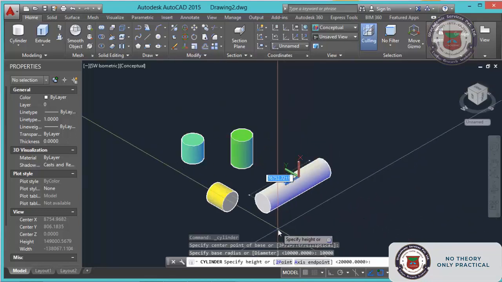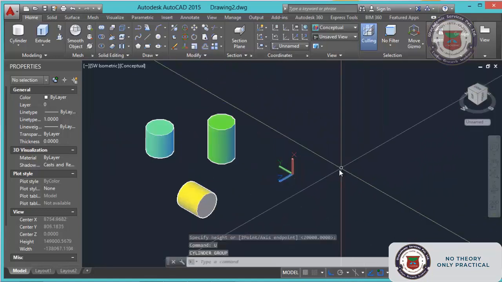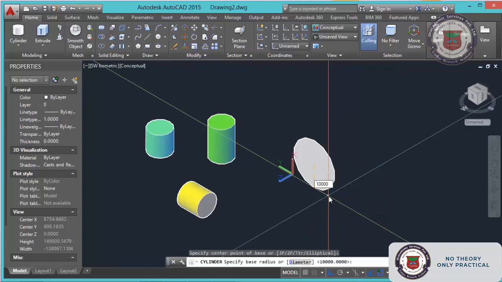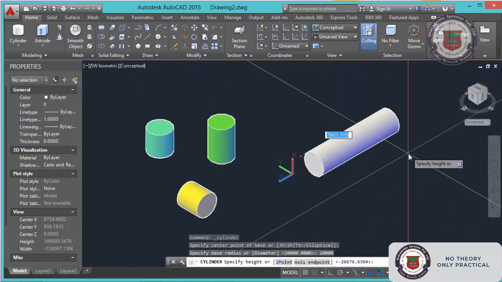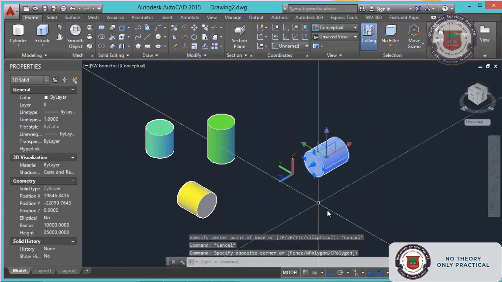Now I am giving the negative sign. If you want positive, it is not an issue. Undo, once again I will do it, enter 10,000. You can give 25. Now we have drawn the cylinder on this axis.